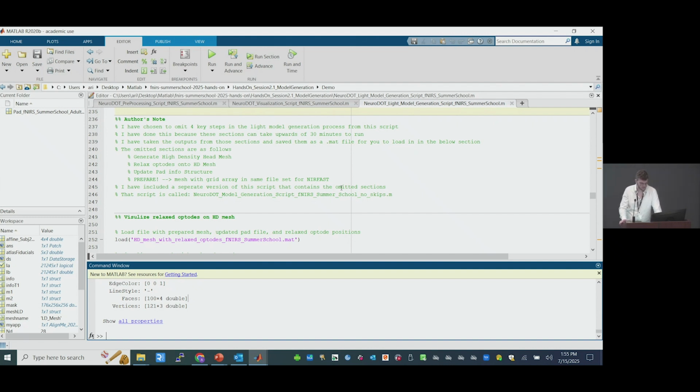So for this next section of the script, for ease of access, I have removed some sections that are extra long. The sections that I've removed are generating a high-density mesh, relaxing those optodes with Align Me onto the high-density mesh, and then the prepare step for NIRFASTer, which essentially takes all of the relaxed optode positions and your mesh, pushes them together into one single variable that NIRFASTer uses. That entire process for those 4 steps takes anywhere between 15 to 30 minutes, which is just time we don't have here. So I've done all of that on my end,